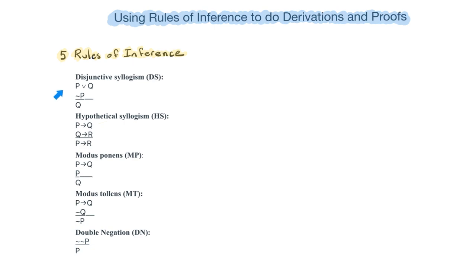Since these 5 are all valid logical forms, we could prove that using a truth table. And so for each one of these, we would find that there are no rows where both of the premises are true and the conclusion false. Another way of saying the same thing is that if the premises are true, we also know that the conclusion is true. That's why it's called a rule of inference. So to explain further, let me just go through each one of these.